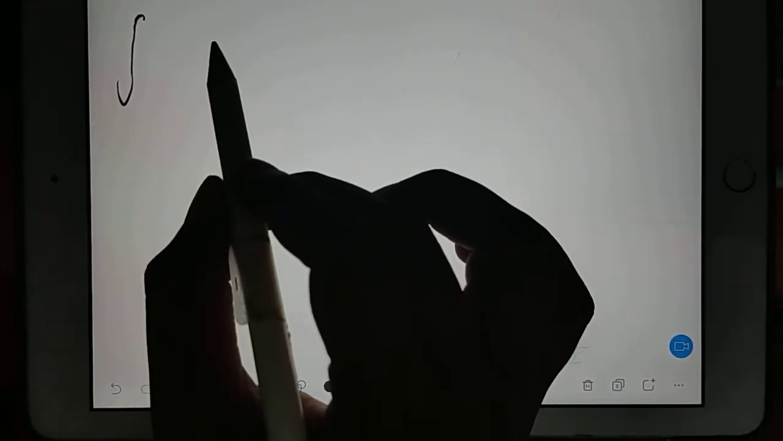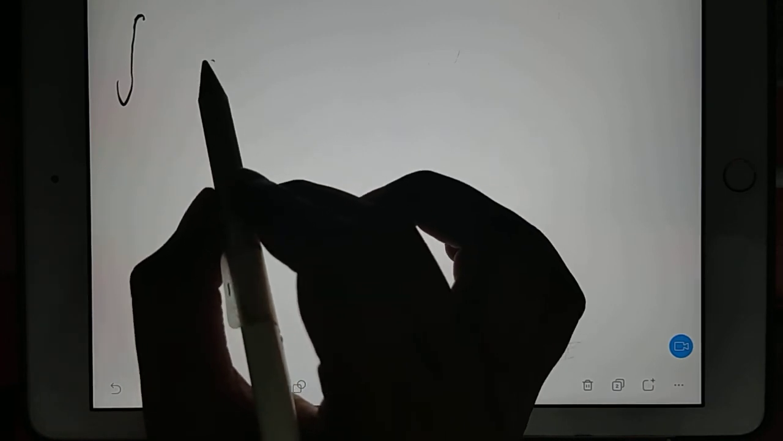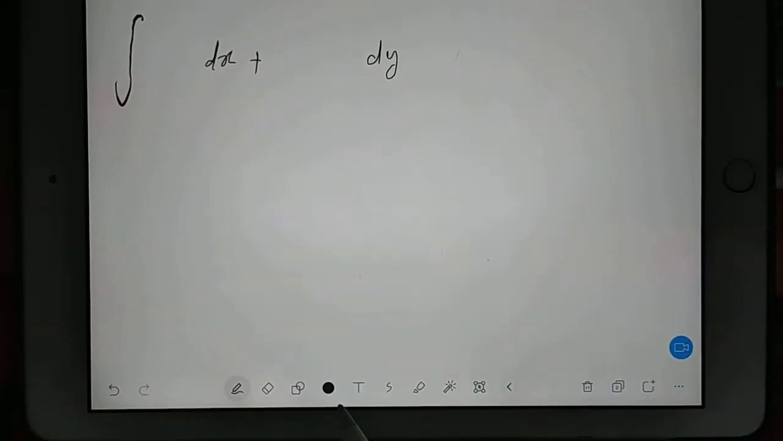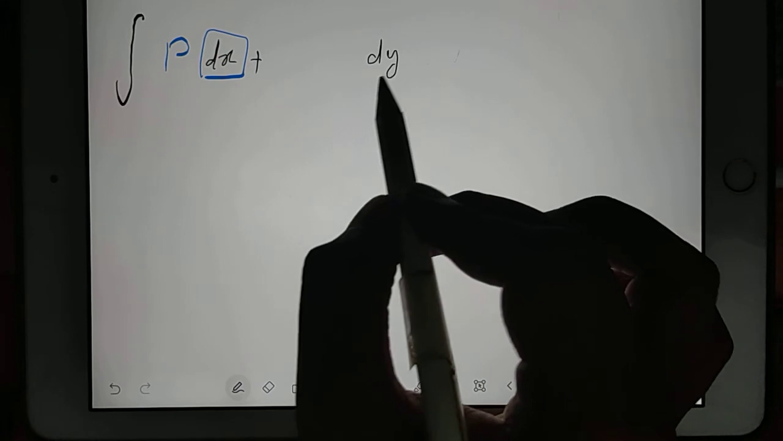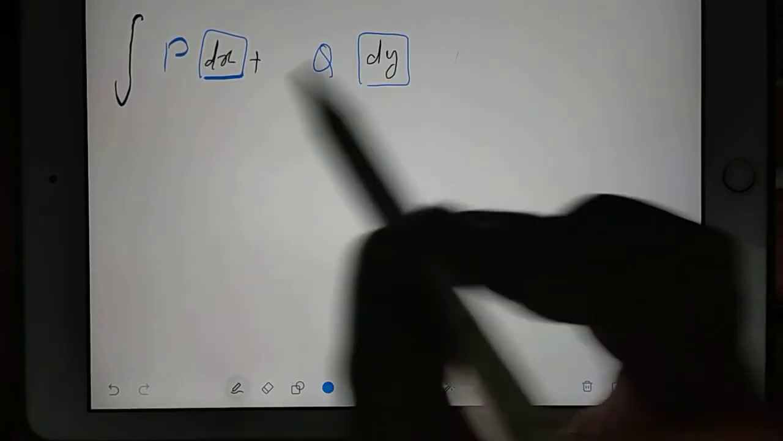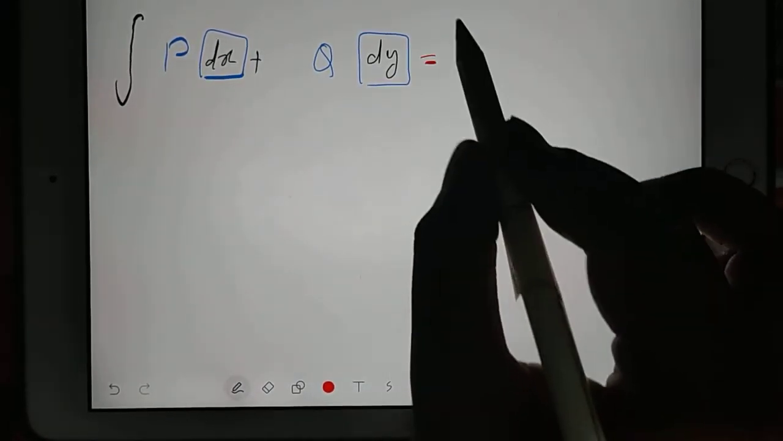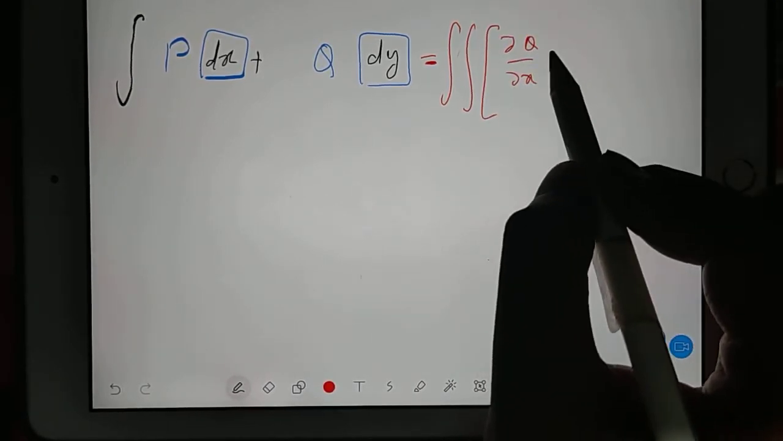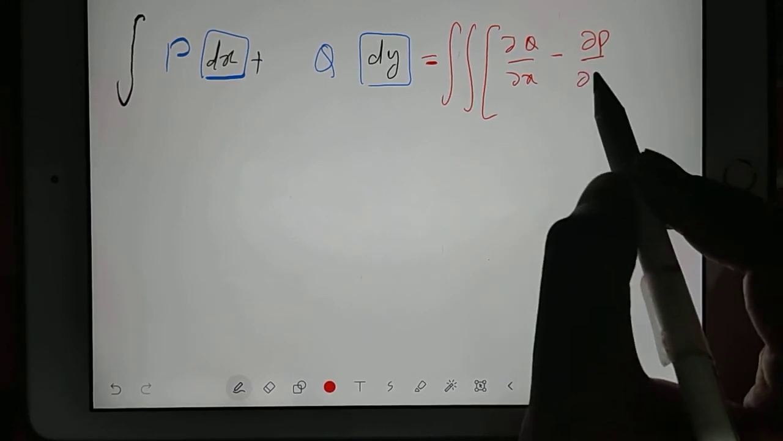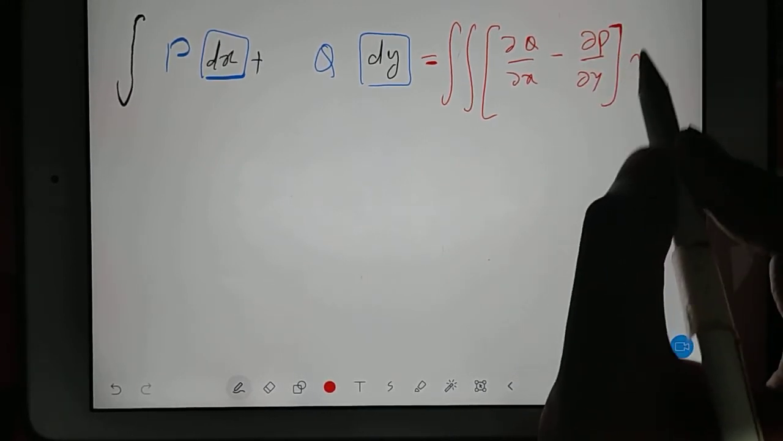Now see here, I will write Green's theorem again. In Green's theorem, take care of this: check where you have dx written and where you have dy written. The coefficient of dx you consider as P, the coefficient of dy you consider as Q, and only then should you apply Green's theorem like this: the bracket ∂Q/∂x minus ∂P/∂y,